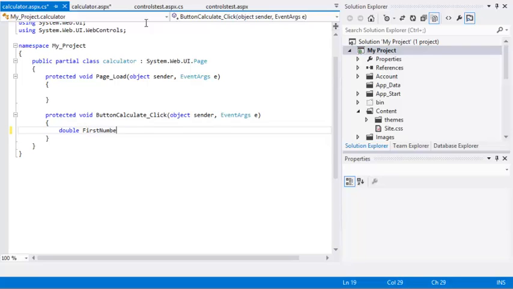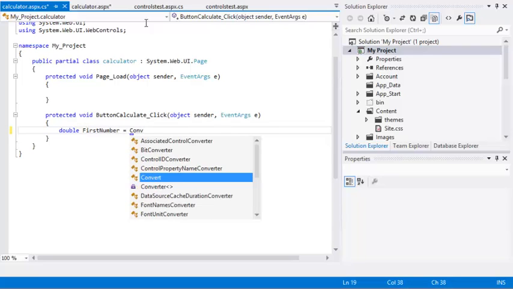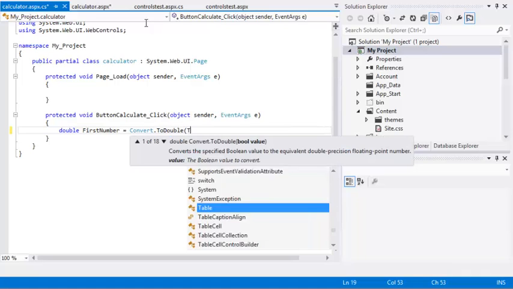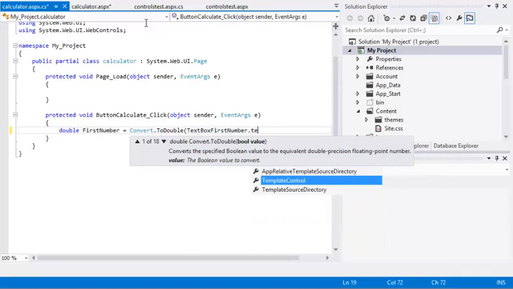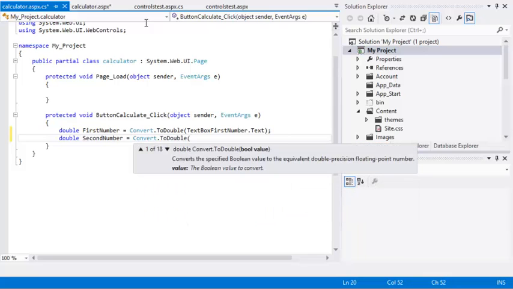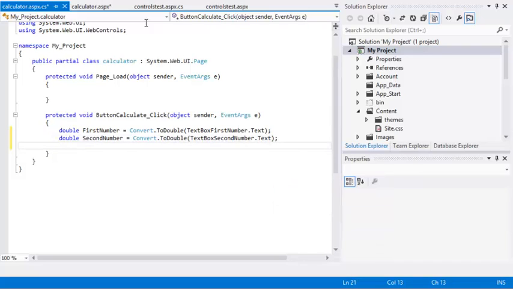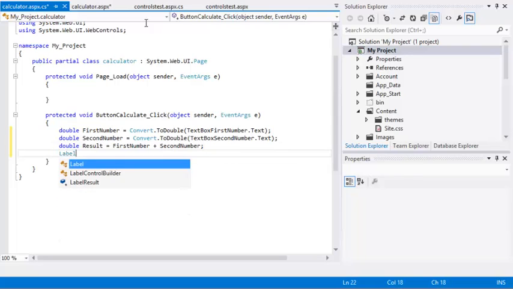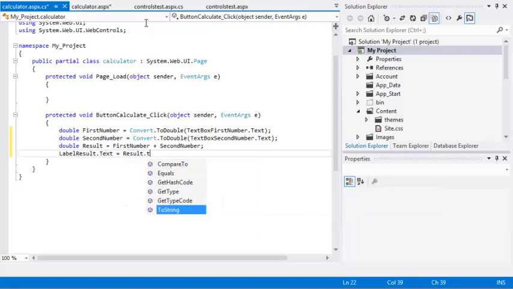double firstNumber = Convert.ToDouble(textBoxFirstNumber.Text); double secondNumber = Convert.ToDouble(textBoxSecondNumber.Text); double result = firstNumber + secondNumber; labelResult.Text = result.ToString();